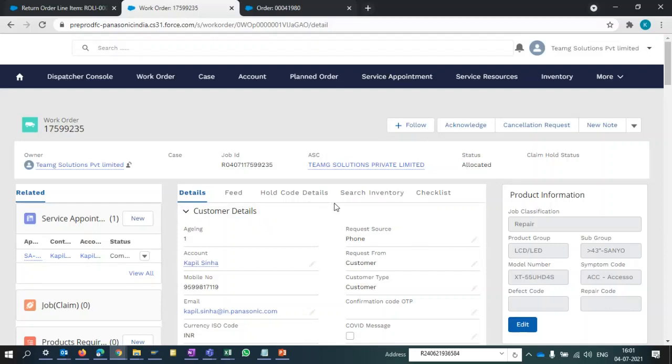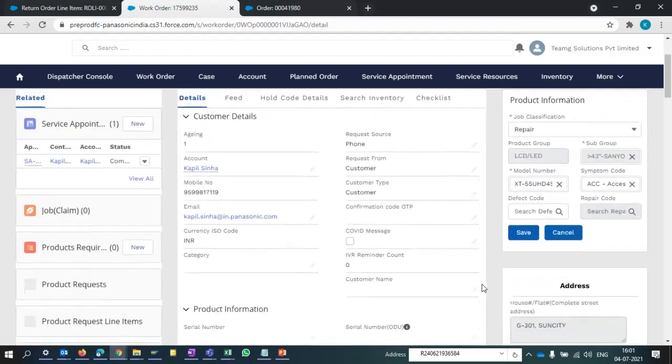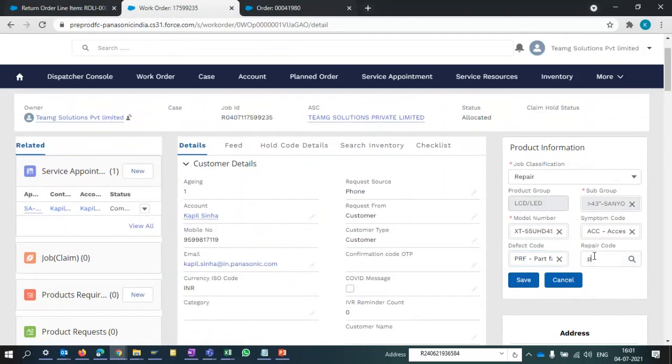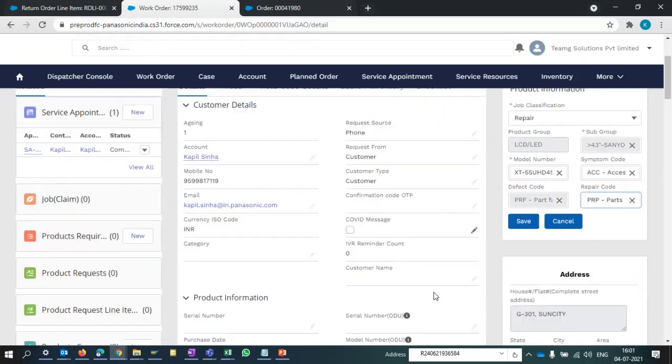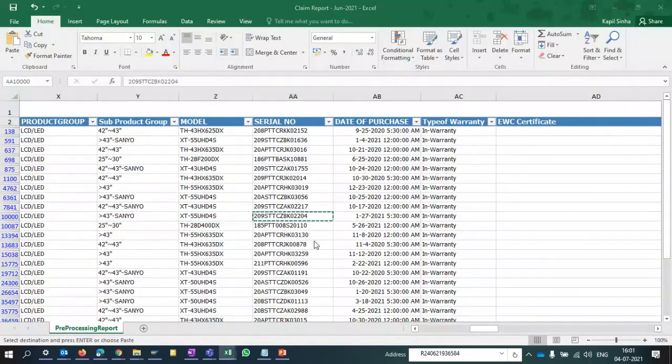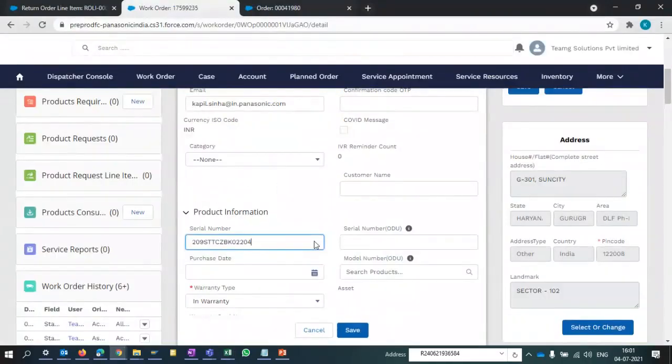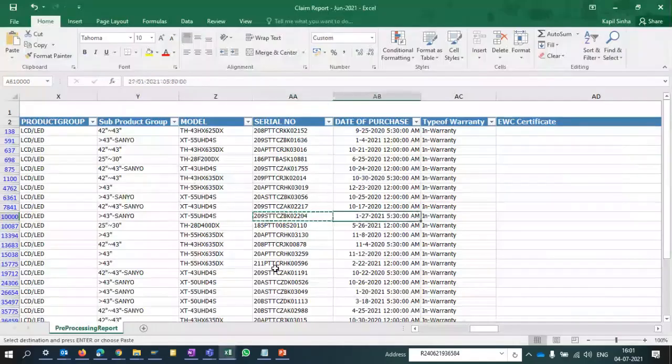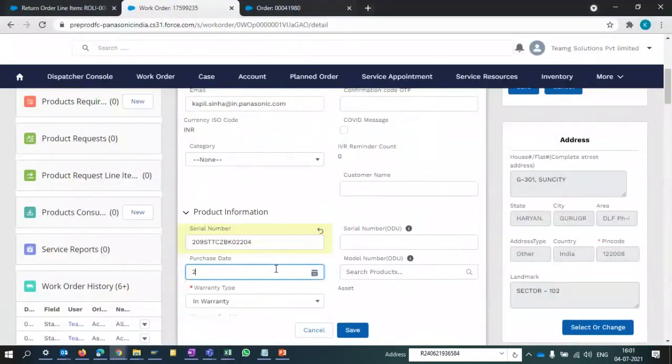Okay, so now we are going to use a part in this job, but before using a part, we have to update the repair codes, IRIS codes. So here let me update the IRIS code. Some part failure is there and the part is replaced. Let's input the serial number of this particular part. Okay, so it's 27 1 2020. Okay, now save.